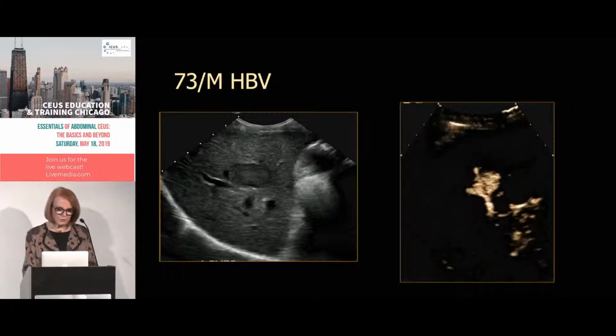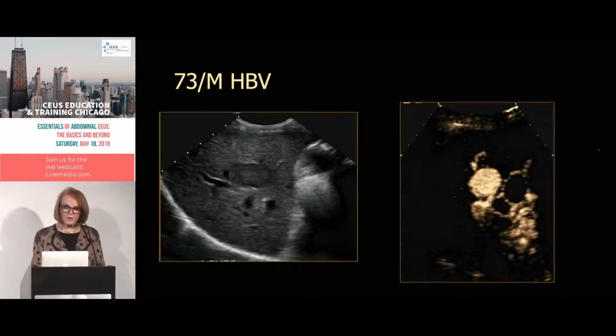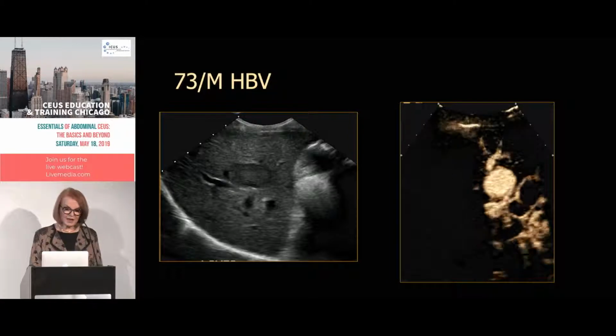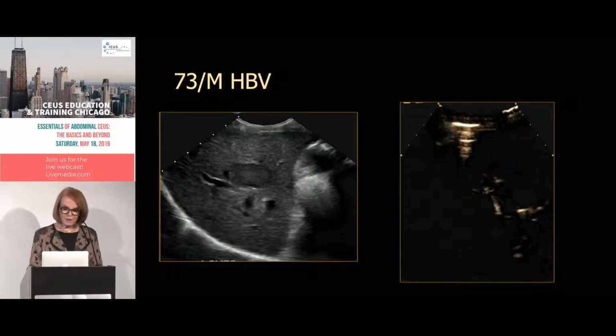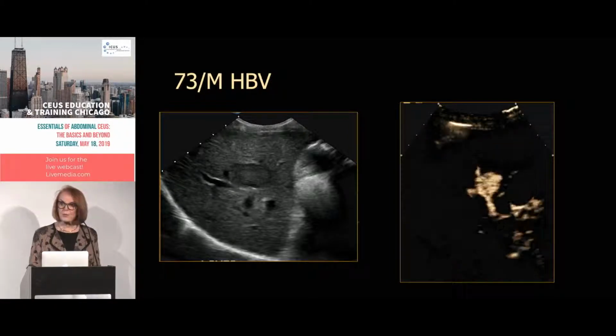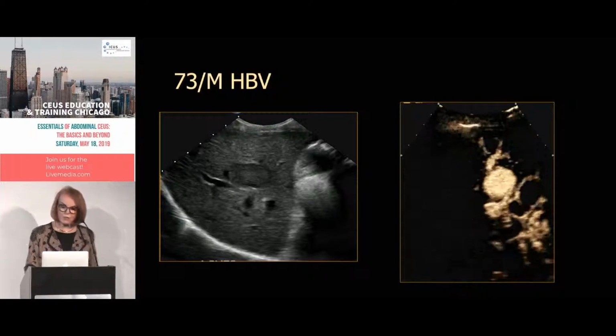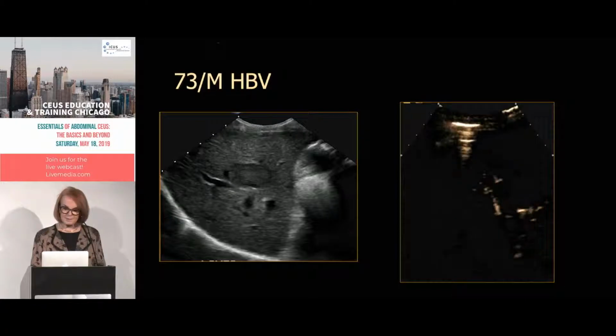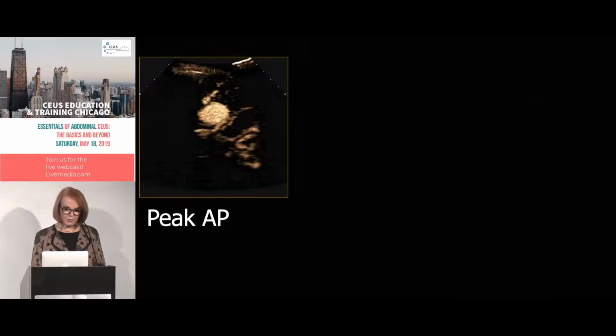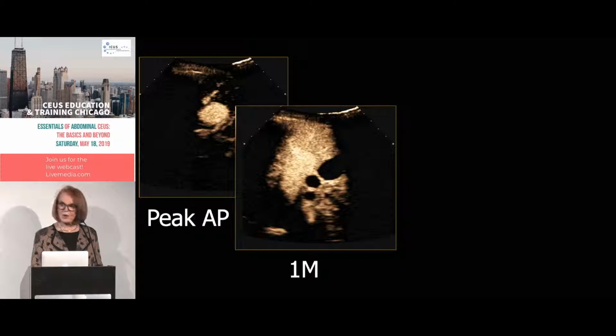So let's look at a beautiful scan. So here's a patient with hepatitis B virus, and he has that nice nodule in his liver. You can see again that he's breathing when we're doing our injection, but it doesn't matter. We can very easily show that this is a hyperenhancing mass corresponding with the grayscale abnormality. So we go back in our clip and we take the image at the peak of the arterial phase. We take an image at 1 minute,